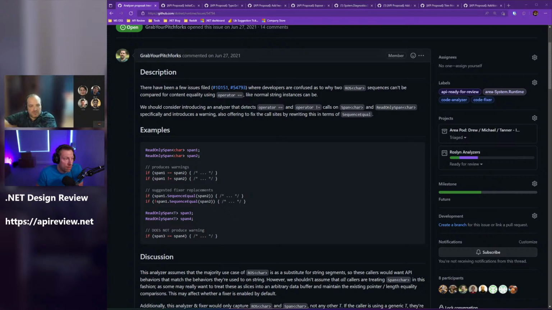I think I'm more in the category of, to me, analyzers are a way also to instruct people and teach them. So I'd be more in favor of saying, let's deprecate the operators on spans, in favor of an explicit sequence equal reference equal call, and just say it's for any T, just don't do it. The only value that I see in doing it for different T's would be to dial in severities or defaultness, but in this case I would just say let's make the default be one on all T's. Let's do it early in 8. Let's see how it goes, right? Let's see how many people actually complain. And would that